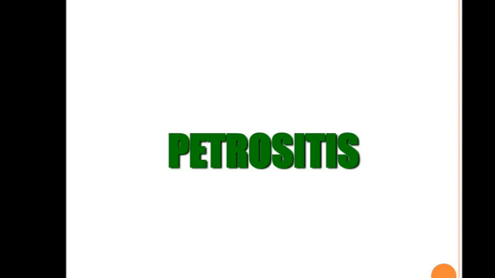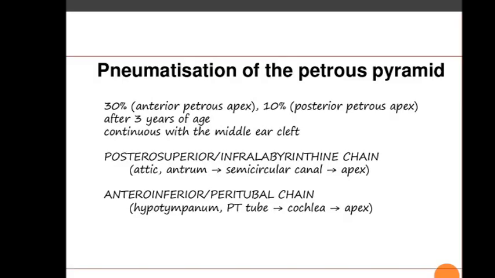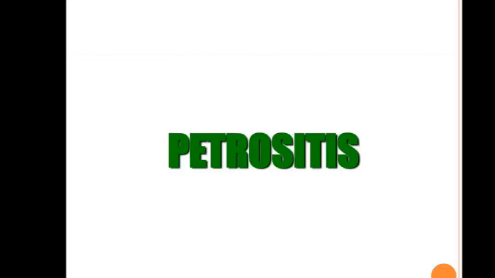These are the extratemporal complications. Now one by one we will be doing it. All these are extracranial. Remember, intracranial complications will come later. But all the extracranial complications will be, we have just discussed what are the adjacent regions: petrous apex, so petrositis, facial nerve involvement, then facial nerve paralysis, labyrinthitis. If cochlea is involved, then there will be sensorineural hearing loss, and mastoiditis. Mastoiditis we have discussed, we will be discussing the remaining 4.